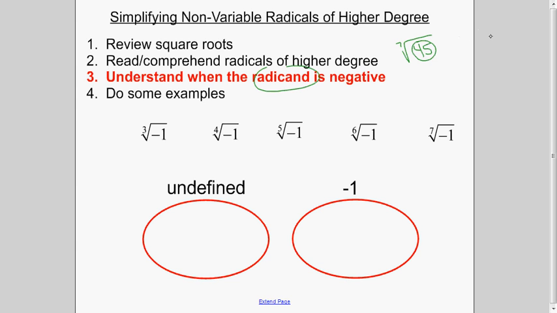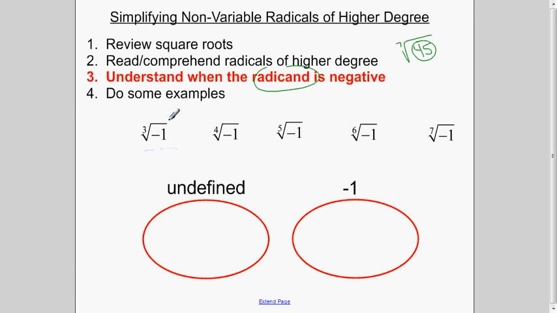Okay, so we're going to try and make a quick observation here about what happens when we take a higher degree root of a negative, and specifically I'm going to work with the radicand of -1 because it's decently simple, and hopefully it's going to illustrate a property that you'll be able to see and apply in problems where the radicand is a negative other than 1, but using a radicand of -1 should pretty much demonstrate our point here. So in this first problem here, it says the third root of